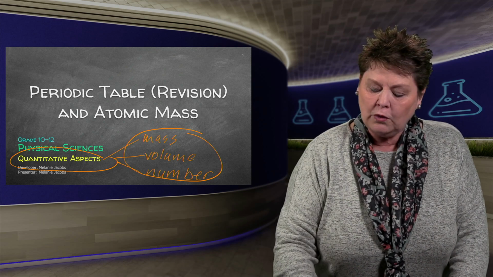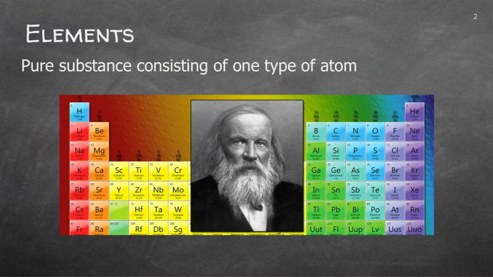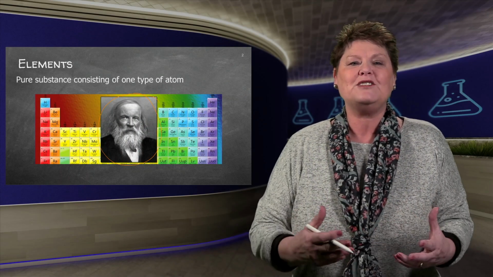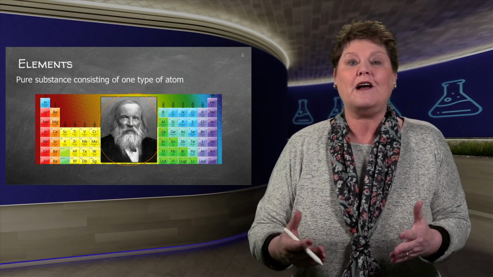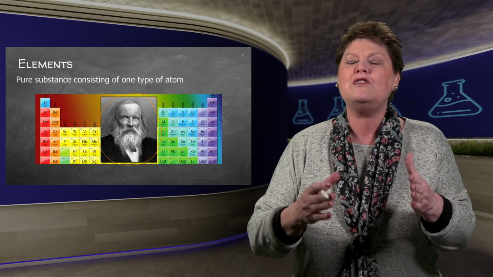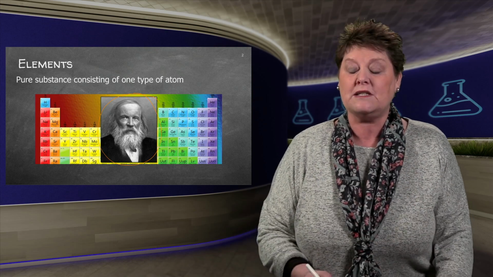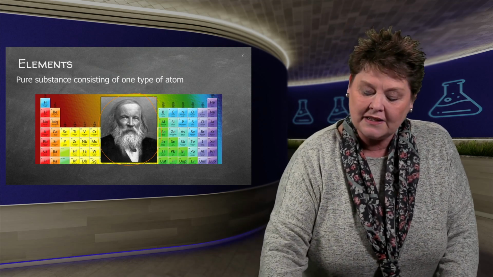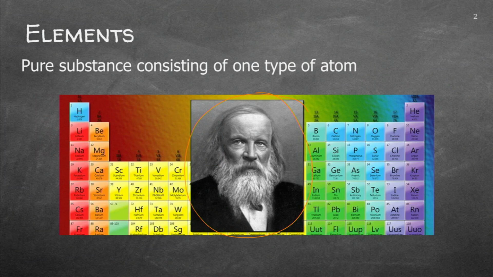So it will rely basically on what you've done with the periodic table. Now remember, this is Mendeleev, and this is his way of setting out the periodic table. There's a few other types of periodic tables which I've seen in a few museums where people tried to put the elements into certain sequences. But the one he did many years ago is still the periodic table that we're using.